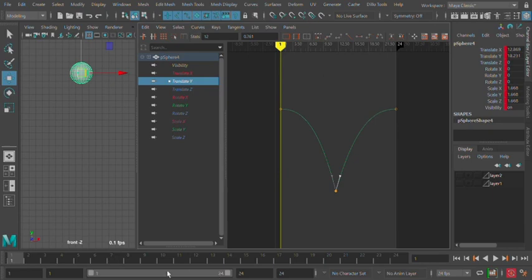So only with 2 to 3 keys, we're able to get a lot of different variations in movement based on how we define those splines interpolating between our keyframes. So hope that was useful, helpful, and